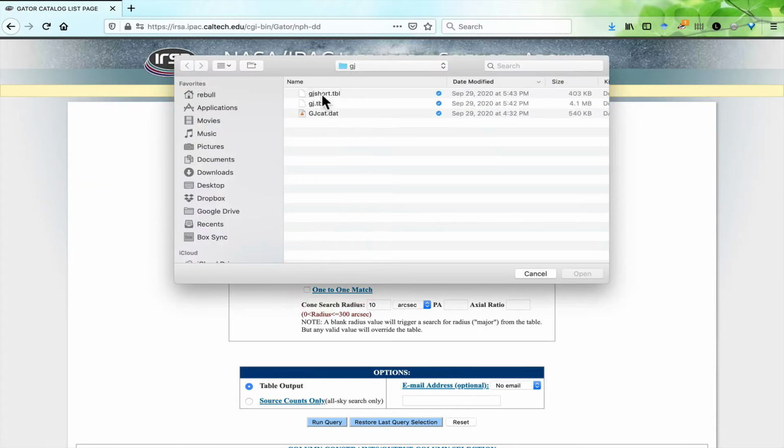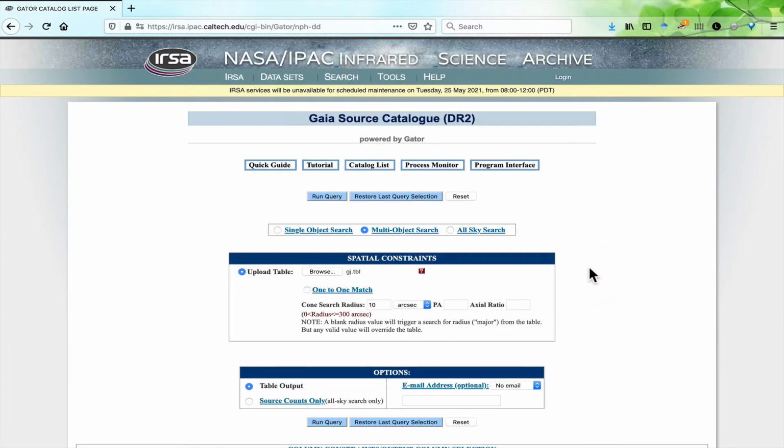What I have here is a list of all of the sources in the Gliese-Gerace catalog of nearby stars. And what I want is a one-to-one match. What that means is, for every source in my input list, it will give me the closest match within the Gaia DR2 catalog within the radius that I specify. So however many rows I have in the input table, that's how many rows I'm going to have in the output table. It'll put the closest match it can find, and if there's no match, it'll be a row of nulls. So let's run the query.